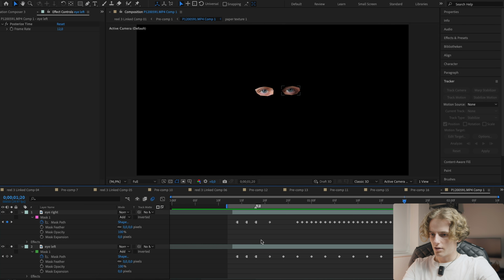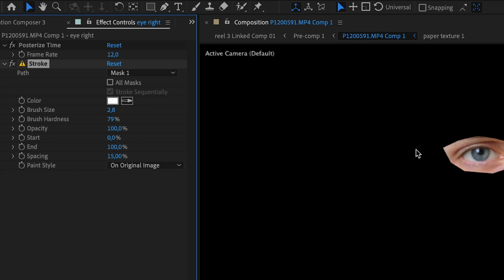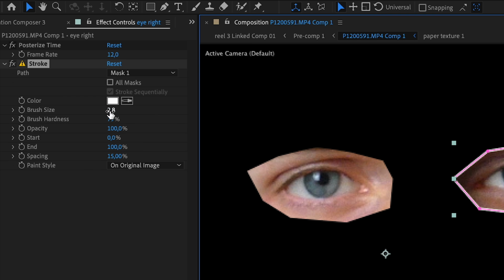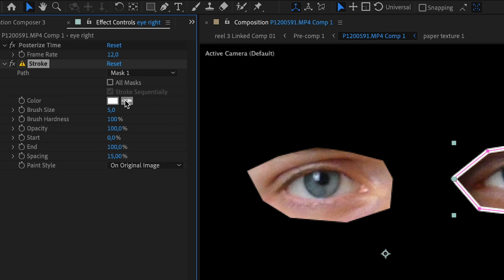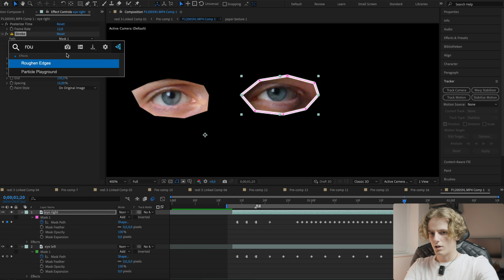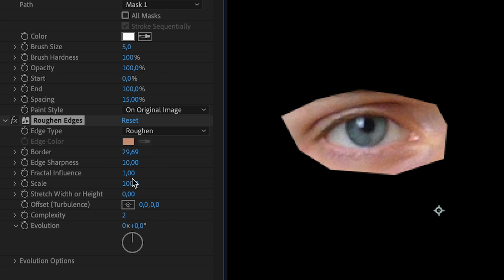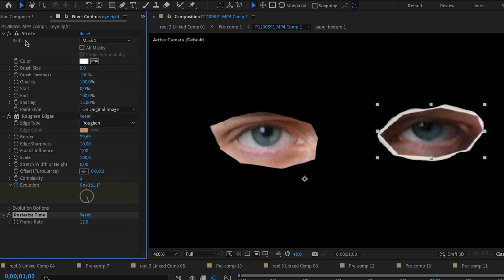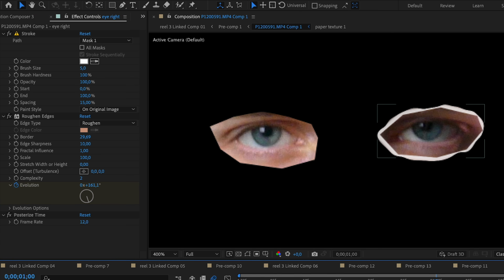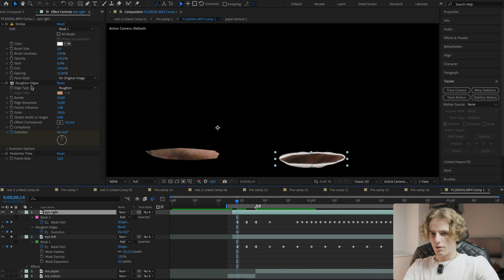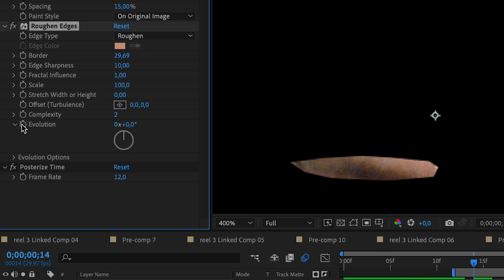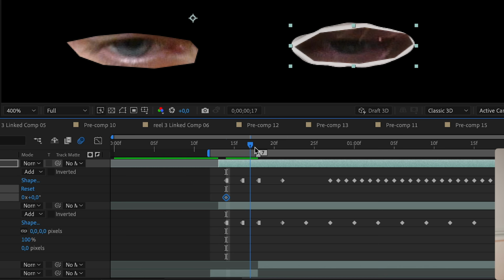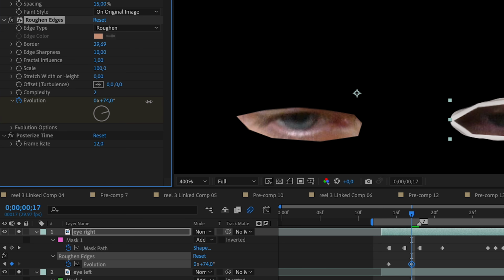And now we're gonna add the stroke effects, and we'll just put it up to something that is fitting for now. I think it's about like 5. And then take the hardness up again, and then add the roughen edges. And now just take the sharpness to 10 again. And once we have that, we're gonna take the posterized time and put them below the stroke and the roughen edges effect. And then we'll go up to the roughen edges effect and then animate, set a keyframe for the evolution here to 0, and then move forward by like 4 or 5 frames, and then set it to a